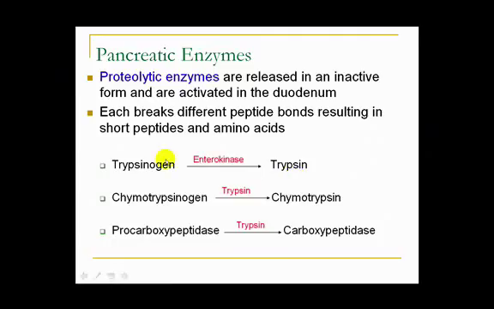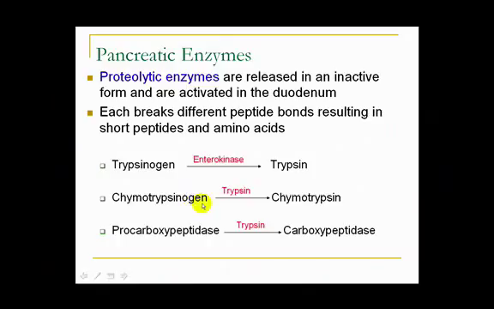The pancreatic enzymes, the proteolytic enzymes, are all going to be secreted in their inactive form, and it's the same reason. You don't want to dump these proteolytic enzymes into the pancreatic ducts and have them start degrading the pancreas. So they don't get activated until they get into the duodenum. So in their inactive form, the pancreas secretes trypsinogen, see the GEN,